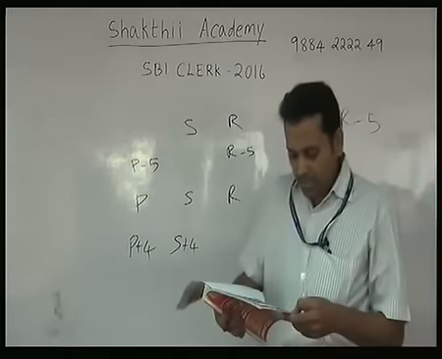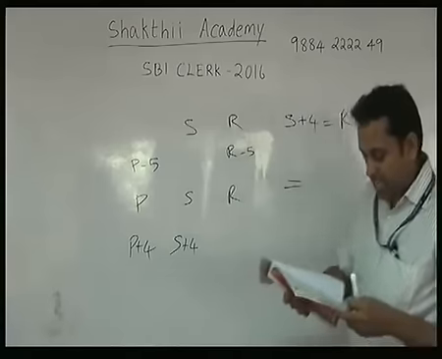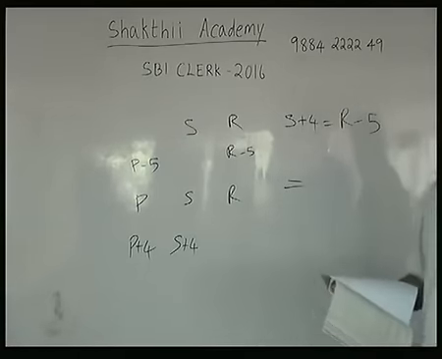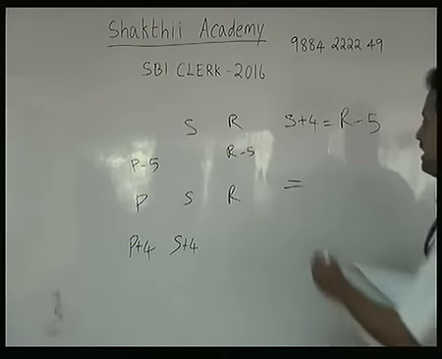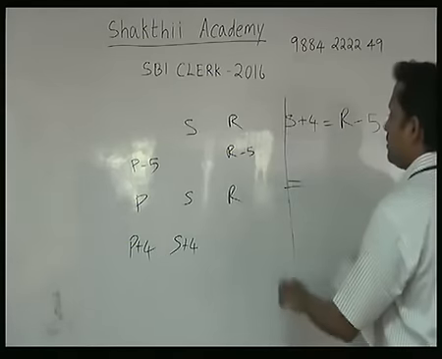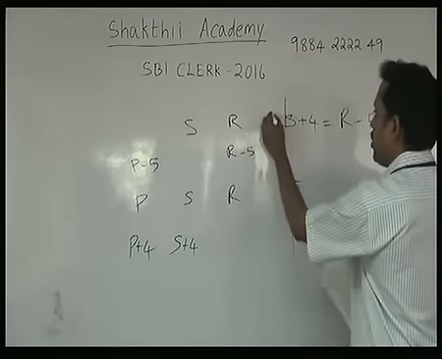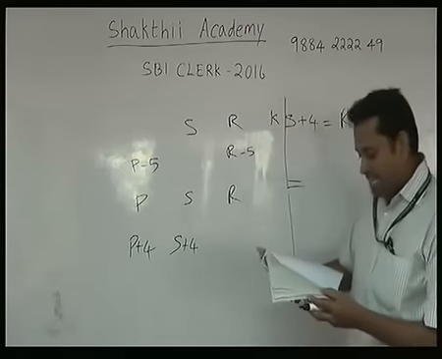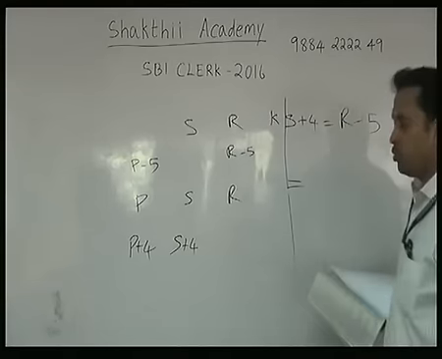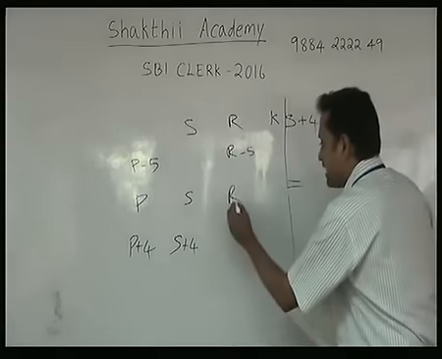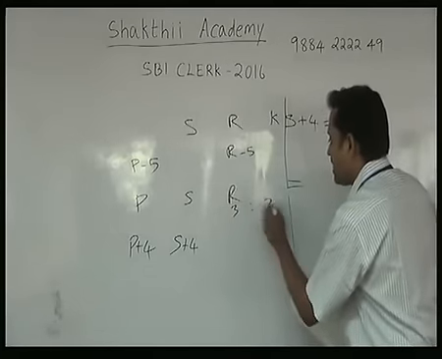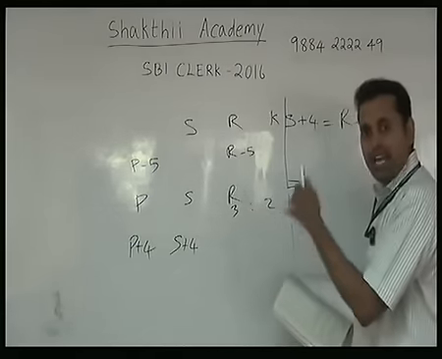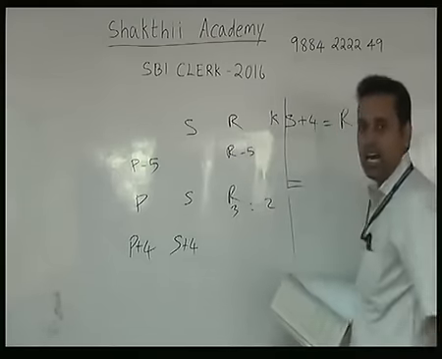Now, the ratio between Radhika's age and Komal's age is given as 3:2. Now they are introducing another person, the third person. Who is the third person? Komal. Komal is the third person. And it is given very clearly: present age ratio is 3:2. So Radhika's present age is 3 means Komal's present age ratio is 2. Since I don't know the original value of Radhika, I am writing as R.